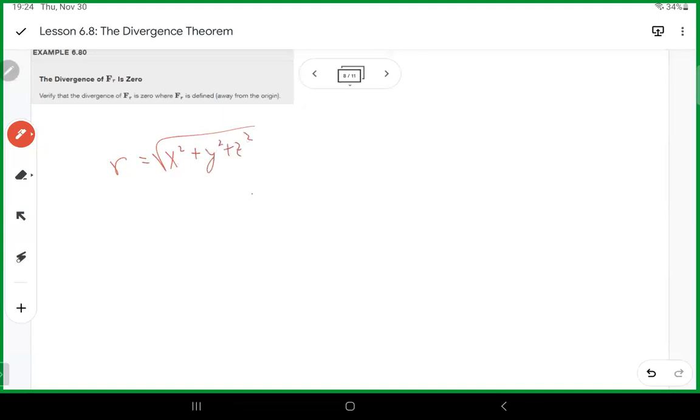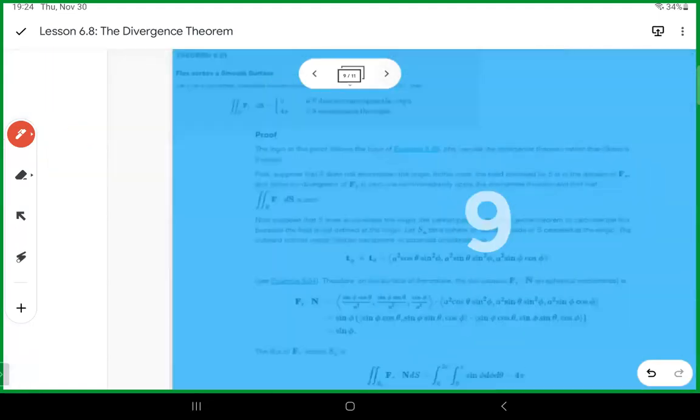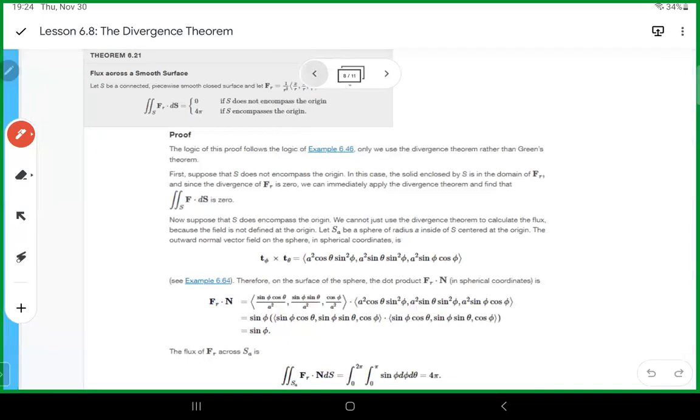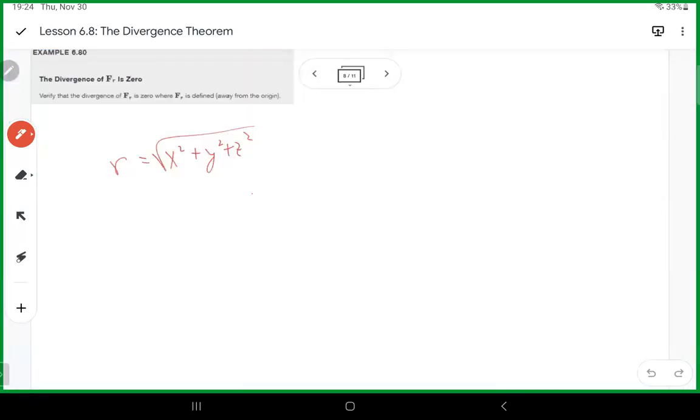So the quotient rule gives, all right, I guess they're just using an example in order to, all right, we'll rock with it. So the quotient rule would give us